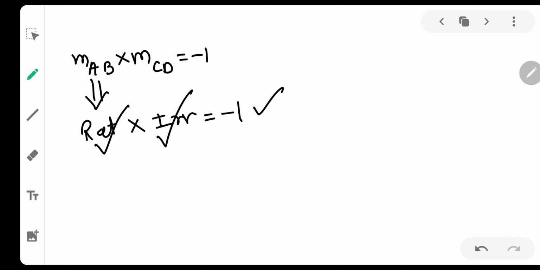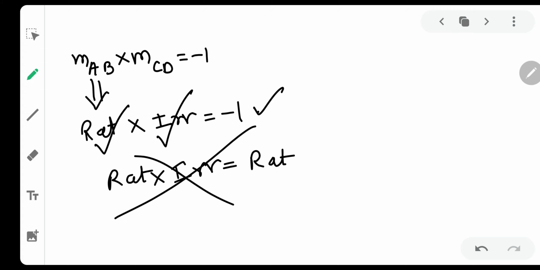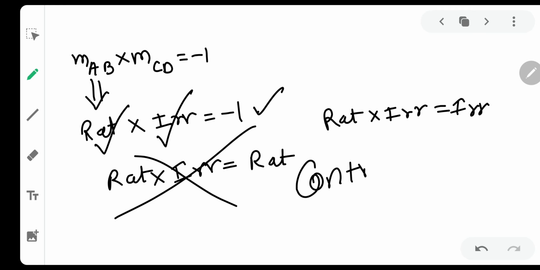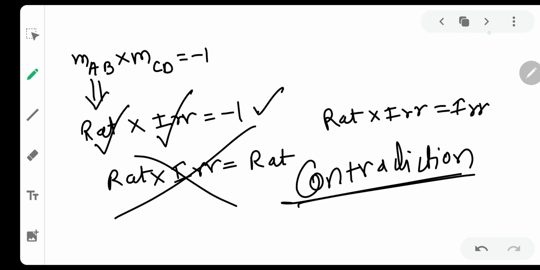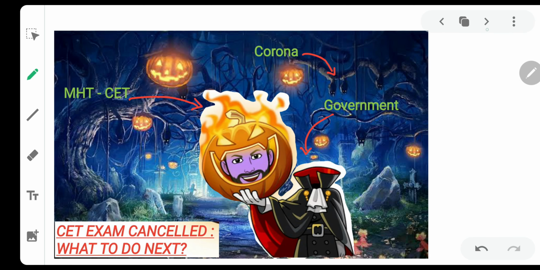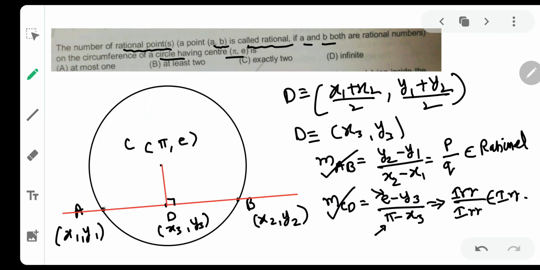Rational into irrational can never give you minus 1. It's totally impossible. Why? Because minus 1 is a rational number, and rational into irrational always gives you an irrational number. That means this is a contradiction, and this is totally not possible. Hence our assumption that there are two such points on the circumference of the circle such that they both are rational is totally wrong. Then you will say there will be three such points, but even if you take the third point,